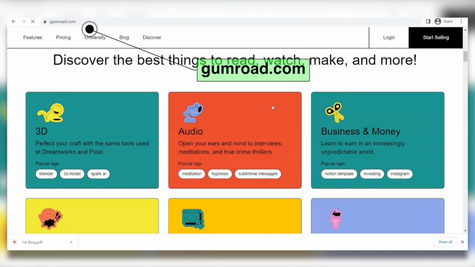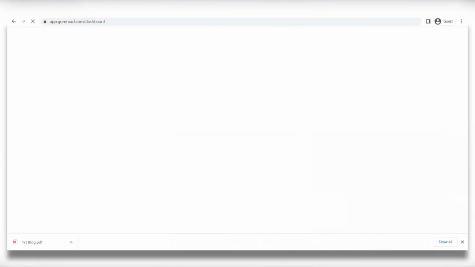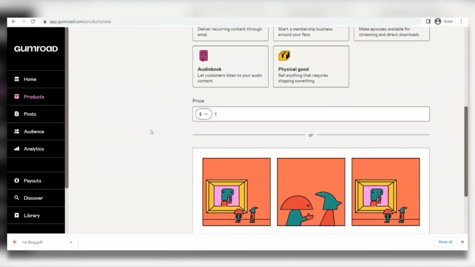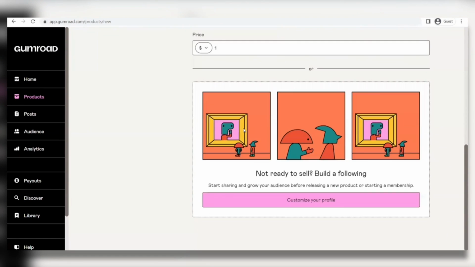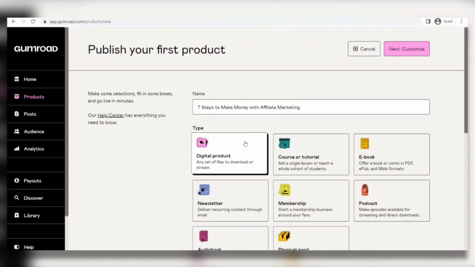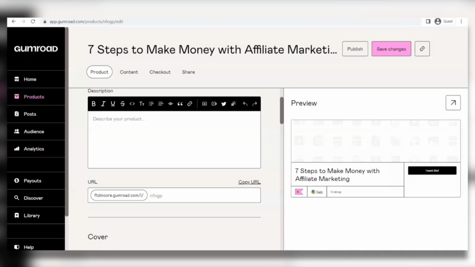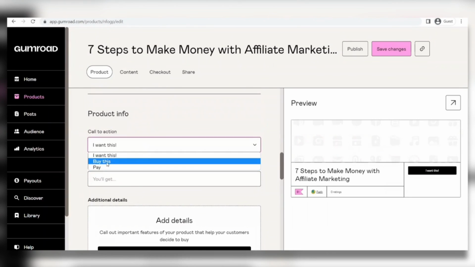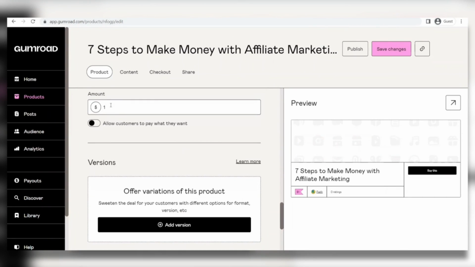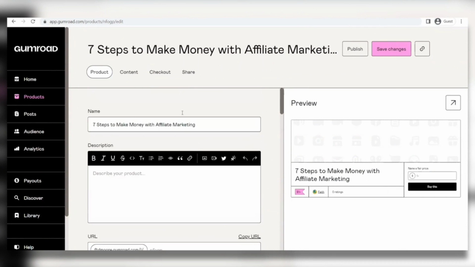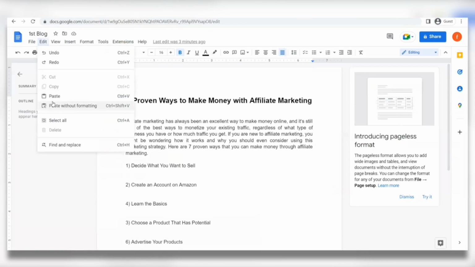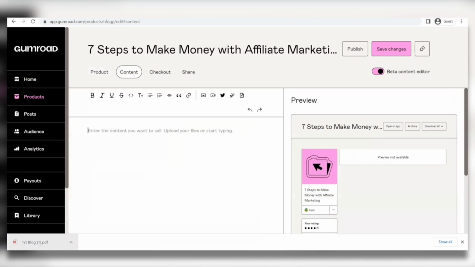We'll share it on gumroad.com, sign up for free and click Create your first product. Name your product and select it as a digital asset. Set a price for your product, but consider starting low, such as $1. Upload a cover image for the PDF and complete the product information section. Scroll down to Content and upload your PDF document. Save the changes and publish the product.